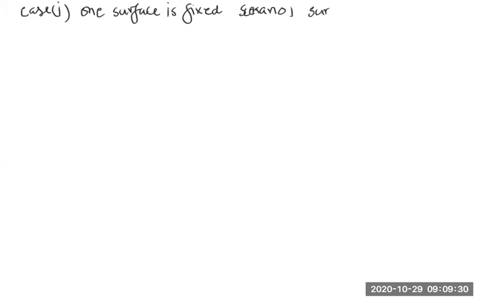We were talking about friction in the last class, and I told you that there is a case 1, and case 1 is where one surface is fixed, and in case 1 there is scenario 1 where the surface